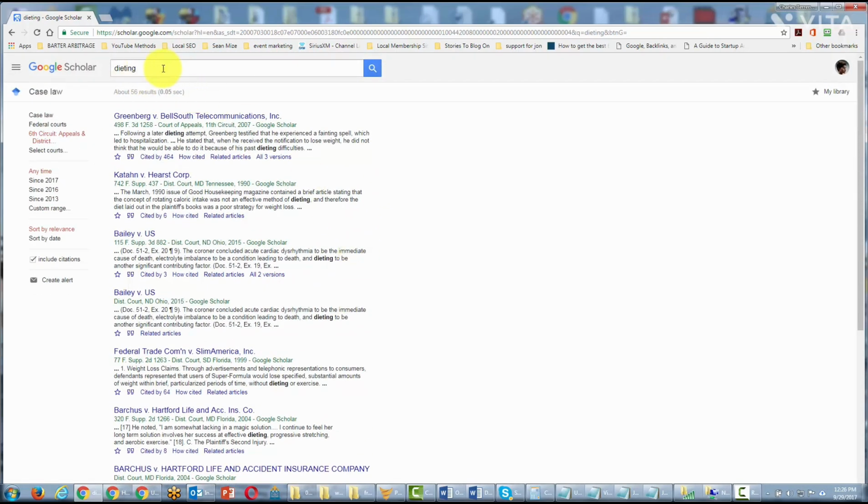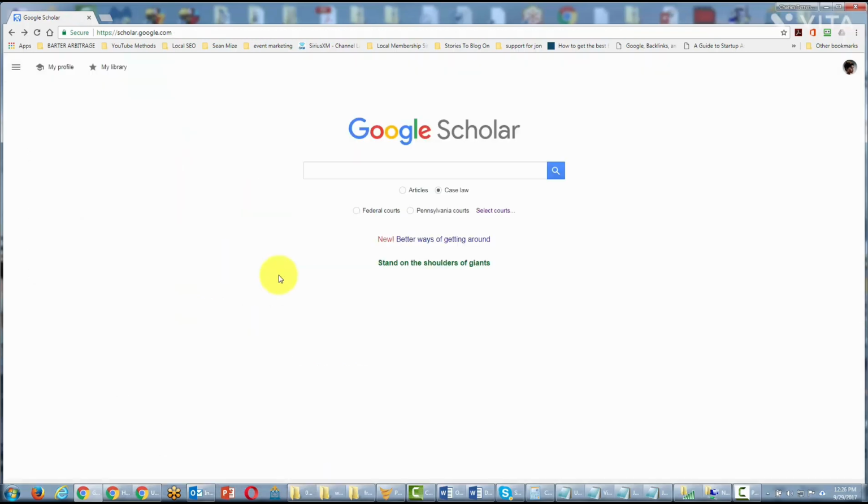Now, of course, we'll want to narrow this down and we'll want to use our search operators, but this is a very good way of being able to do research behind the scenes on certain topics. We can also search for topics at the federal level and or at the state level. So what you want to do is narrow down where you are looking for law or precedent and then do your search within Google Scholar.